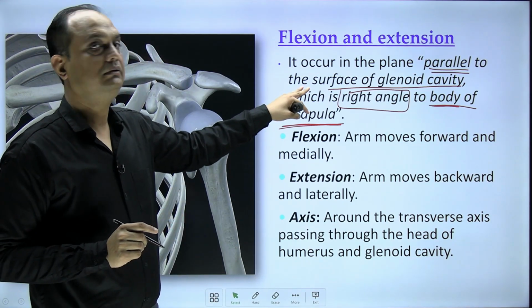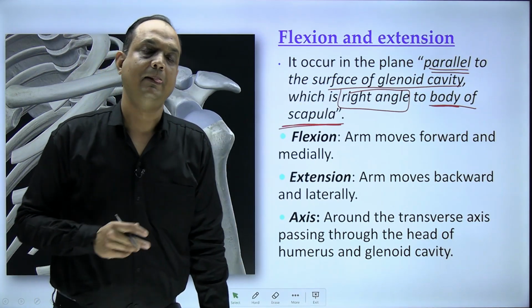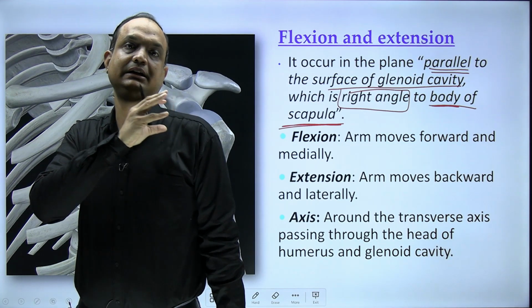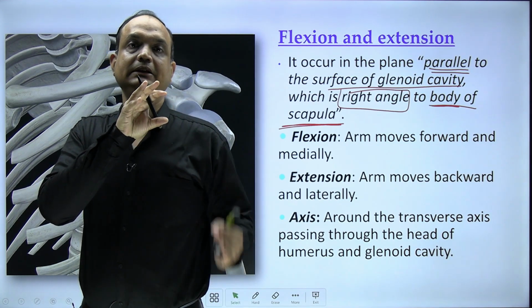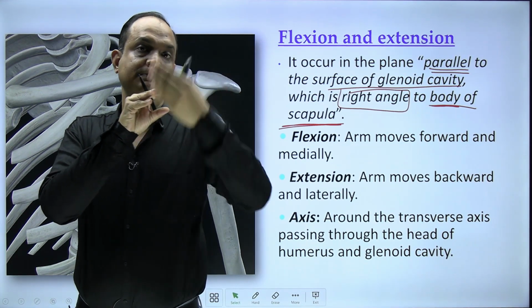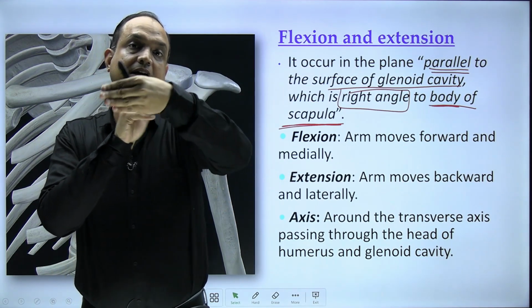One, parallel to the surface of the glenoid cavity. The glenoid cavity is facing not exactly laterally but forward, and the plane is parallel to this glenoid cavity, and this plane for flexion extension is at right angle to the body